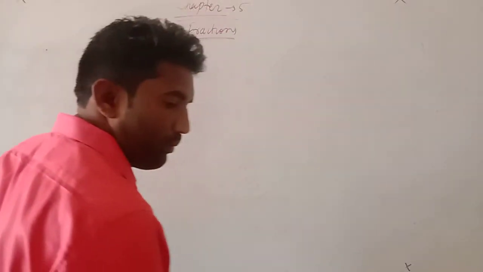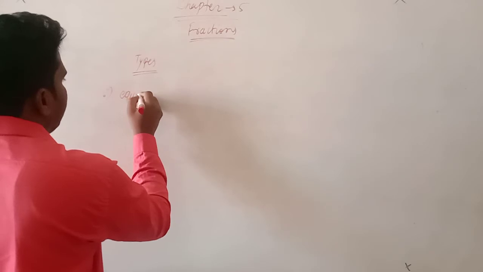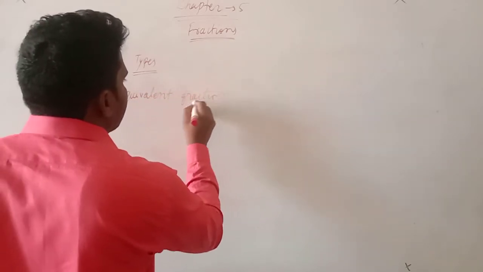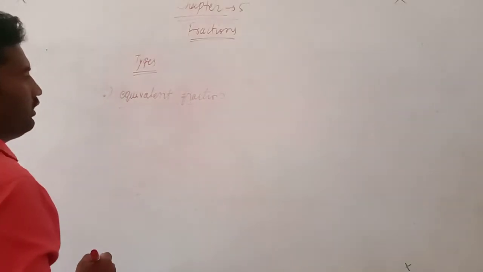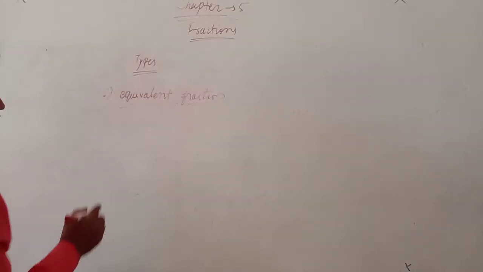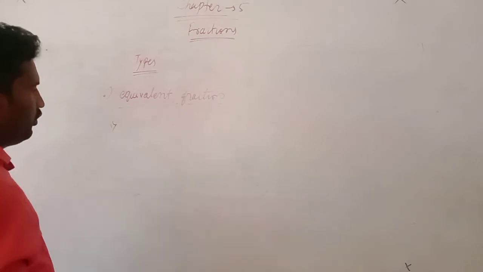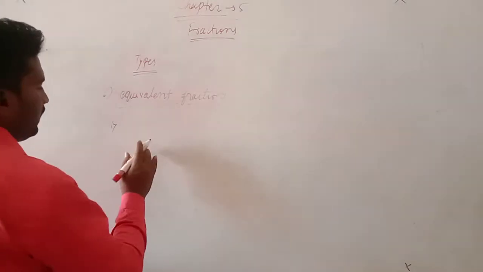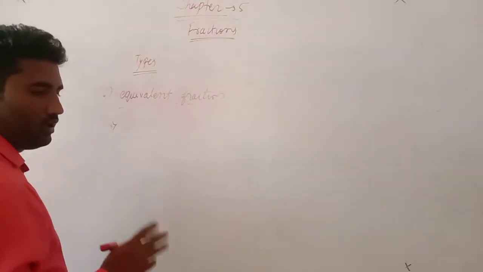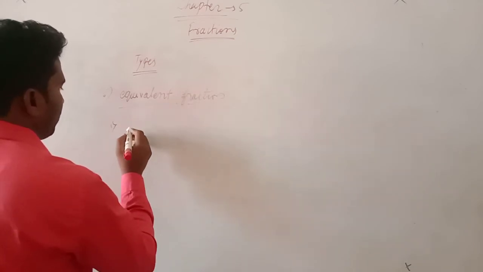So the next one is equivalent fractions. What is an equivalent fraction? We can observe that when reducing fractions, we can see they are equal. Two or more fractions, when reduced, if they become equal, are called equivalent fractions. For example,